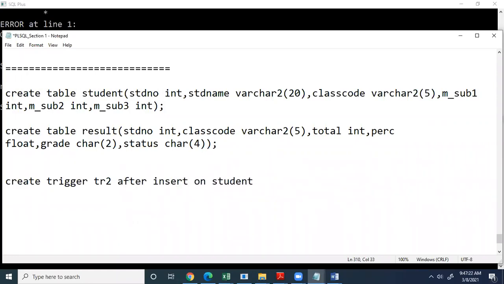It should be executed after insert on student. So once the data is inserted into student, after that it should insert a new record into the result table. Okay, so we have written this clause, after insert on student. Fine. Then for each row